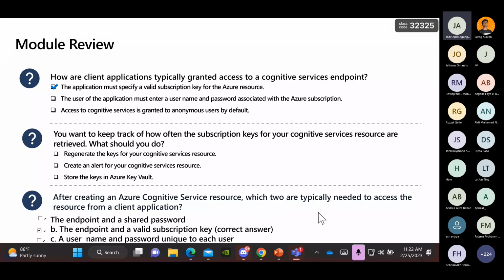Now number two: you want to keep track of how often the subscription keys for a cognitive service resource are retrieved. What should you do? We remember we have four activities in Azure portal. Do we generate the keys for the cognitive service resource, create an alert for a cognitive service resource, or store the keys in Azure Key Vault?